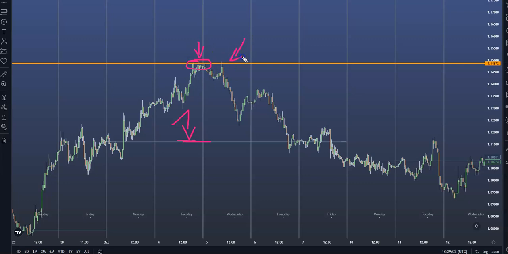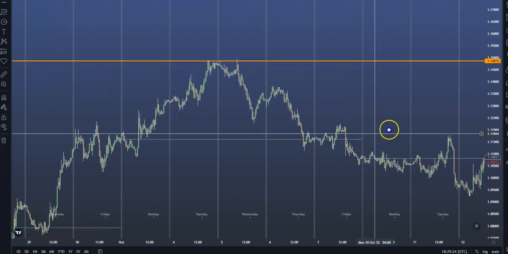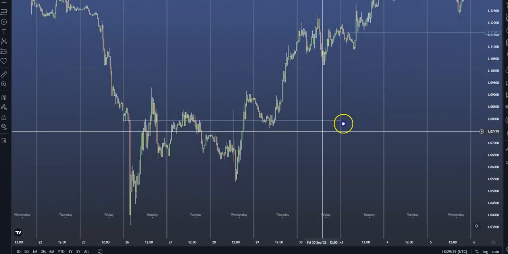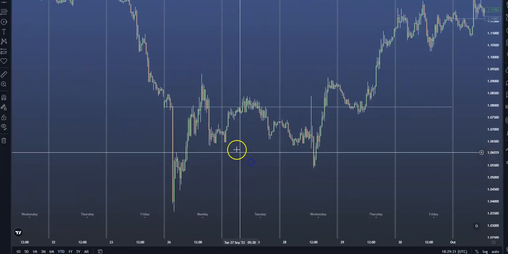Then we see here on Wednesday, we come up, we have that engulfing candle here, common pattern that everyone looks for. And you can start targeting this area here, the opening price, with stops above, and your take profit at this opening price, because you know 83% of the time it's going to hit that opening price. You can target it, hit this area here, and then close the trade out. That's your trade for the week. It's a simple one trade a week kind of strategy.